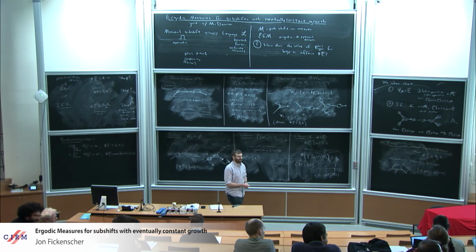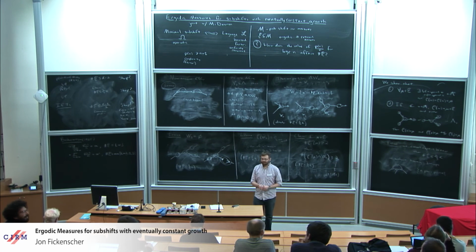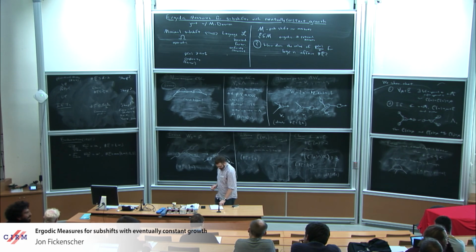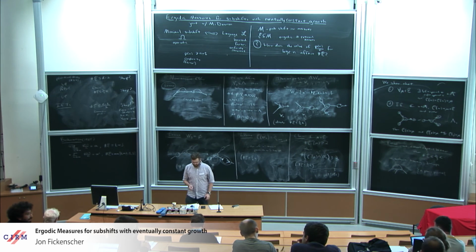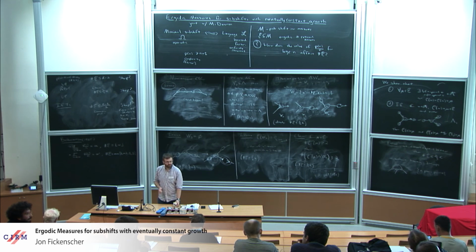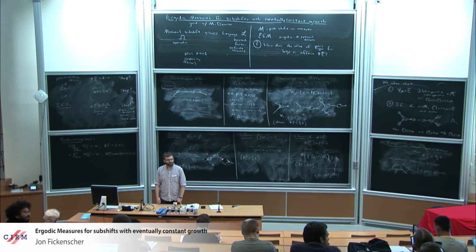You have your Rauzy graph, and the colors are made by the ergodic measures. As we saw on Monday, given one ergodic measure, you always have generic points, that is, points for which the frequencies correspond. But a generic point is an infinite word, and an infinite word is an infinite path in the Rauzy graph. Since you have finitely many special vertices, one of them will be hit with positive density,